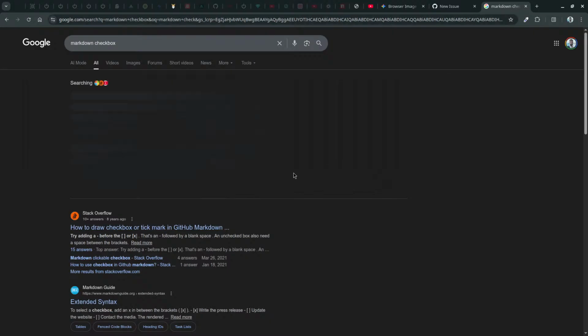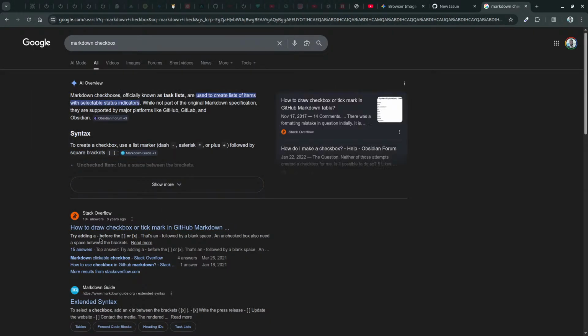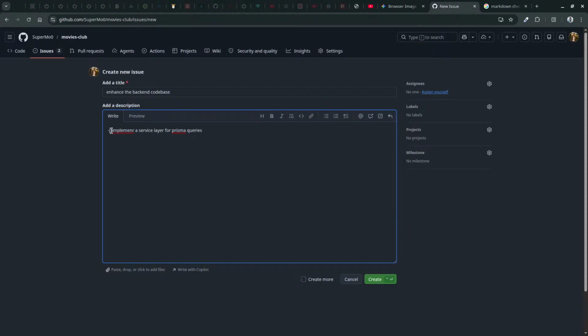Checkbox. Implement a service layer for Prisma queries.